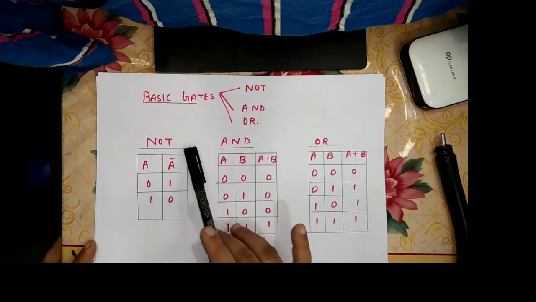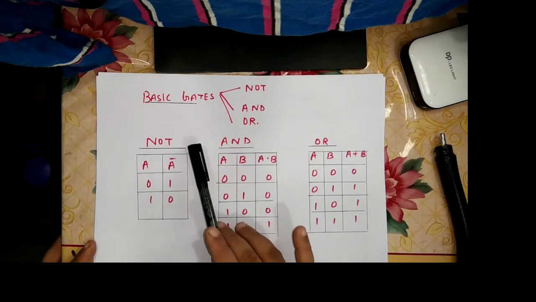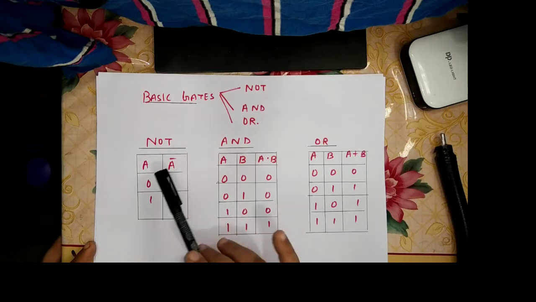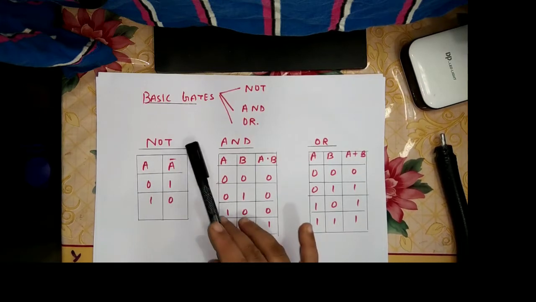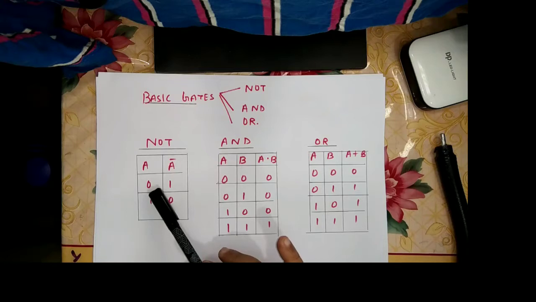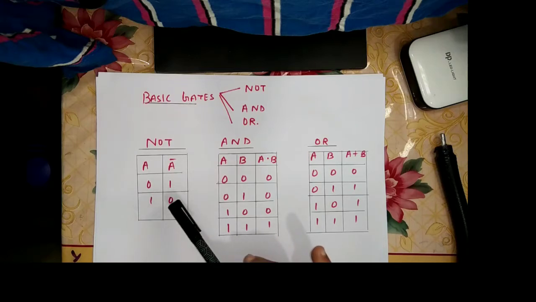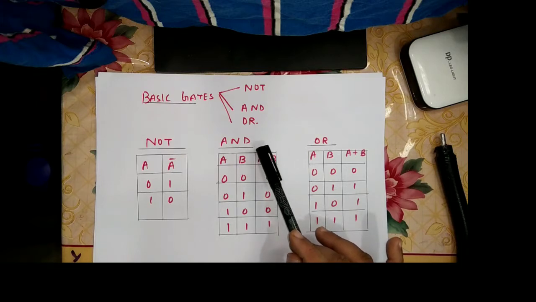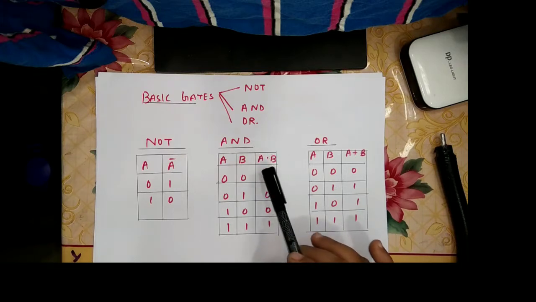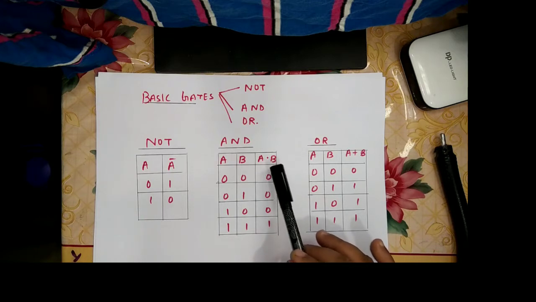The NOT gate is nothing but the complement gate, which is also known as the inverter gate. So we have A and A complement. In Boolean algebra, only two values can be taken, 0 and 1. For a NOT gate, when the value is 0, you get 1, and when it is 1, it is 0. And for an AND gate, you should remember, you are using the dot operator. It is not a multiplication operator, it's a dot operator.